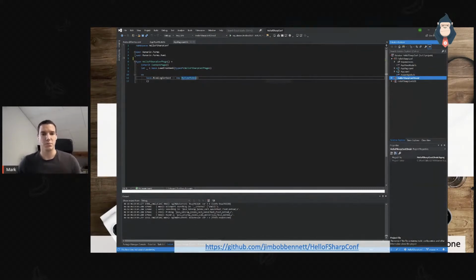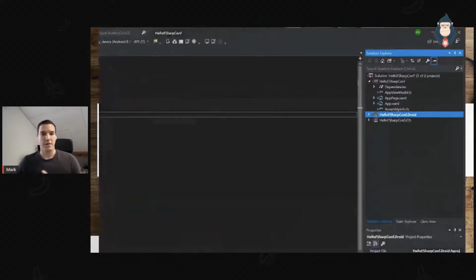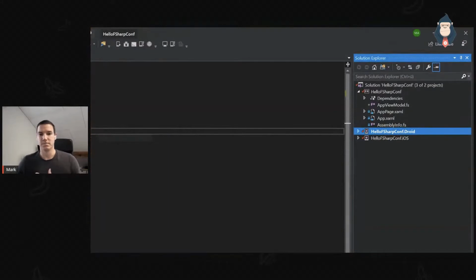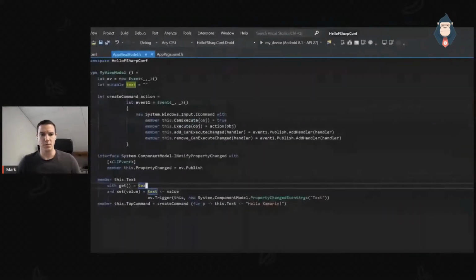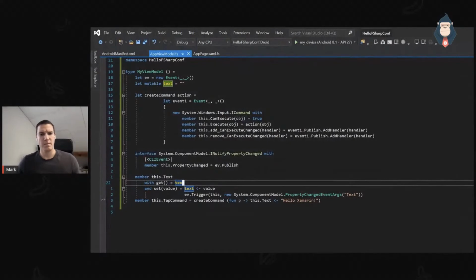So back to this project. What we have here is a standard Xamarin.Forms application, which is running on Android and iOS. And we also have the Xamarin.Forms basic setup of an application. But now, if we have a look at how the view model is implemented, you will see it looks a bit different, but not all that much. So one thing that jumps out is it's white space sensitive, and I know there's a big discussion if this is good or bad, but I don't mind. It might be my Swissness, but I don't mind.